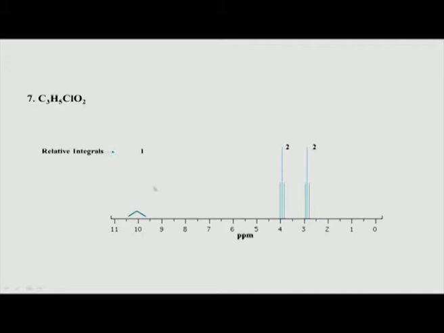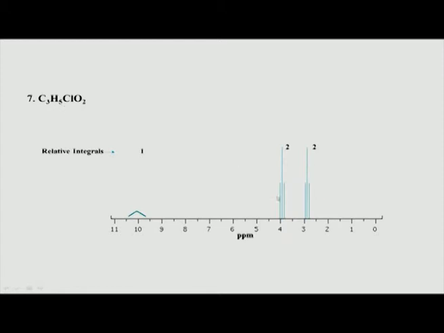Here what is interesting is that we are seeing a very downfield shifted peak, and the integral for that is 1. What does it mean? It means this is a carboxylic acid proton, COOH. Again, you have to refer to the slide where we saw that carboxylic acid protons and aldehyde protons come very downfield shifted. Typically they come around 10 to 11, and that is what you are seeing here. That is 1 proton, and then these are 2 each, which corresponds to 5, and that is what we are seeing here.